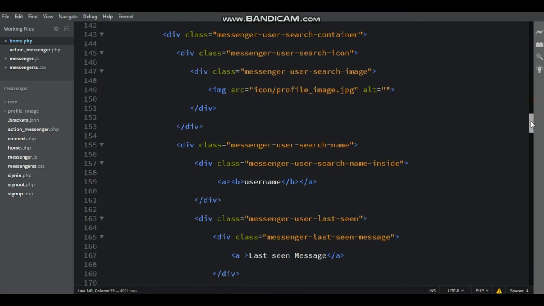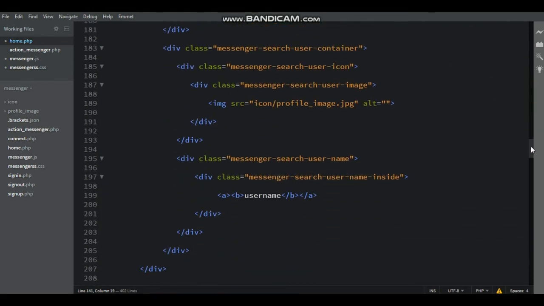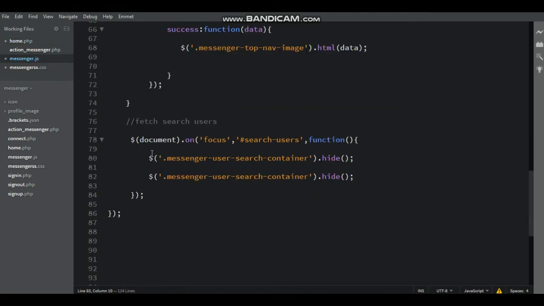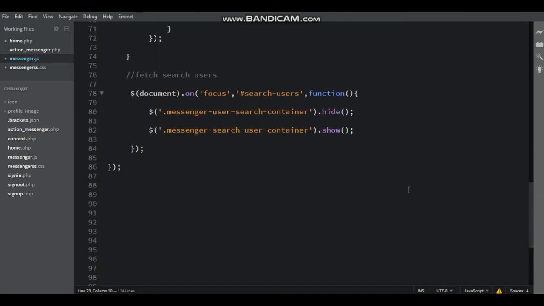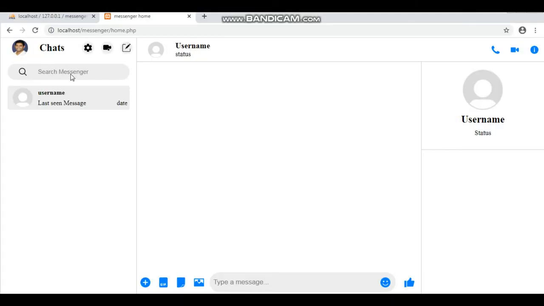Here there is class name messenger search user container, dot show. Here there is input field is click, and chat user hide, and then search user show.